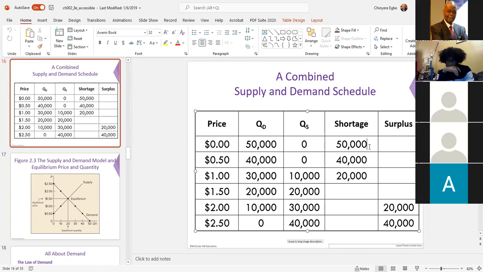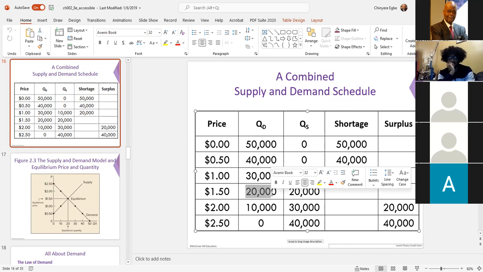There is nothing in the market to buy because the price is 0. When the price is $0.50, the quantity demanded is 40, but there's nothing supplied, and so there's a shortage of 40,000. And you keep going, but when the price is $1.50, the quantity demanded is 20,000. The quantity supplied is 20,000. And